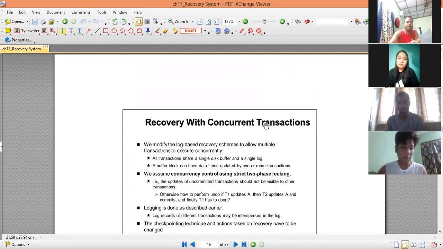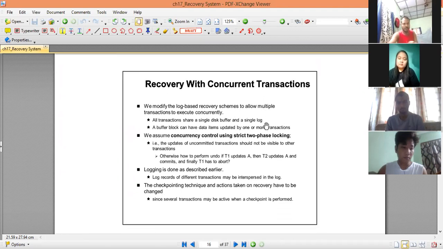Now we'll be talking about recovery with concurrent transactions. So far, if you can recall, in the log-based recovery mechanisms the inherent assumption was that the transactions occur serially, and with that we made the algorithms.